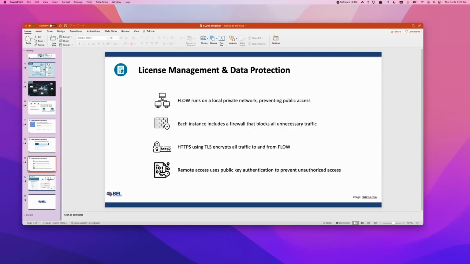And then there are just a few extra points I wanted to talk about in general security for the Flow instance. The instance runs on a local private network. This instance gets shipped out to the customer, and then they'll install it and set it up on their local network, which means that the only way to access it is by either using that same local network or using a VPN, but it won't be publicly accessible,